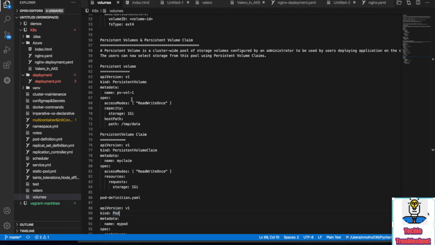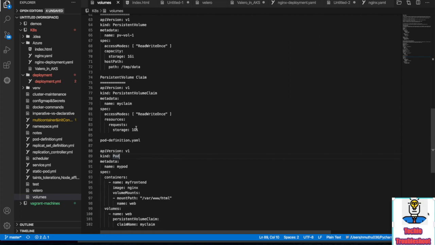First we have to create the persistent volume. A persistent volume means you have a large pool, like 1 TB of storage. Then we claim only 1 GB or 2 GB specific for one pod or another pod.